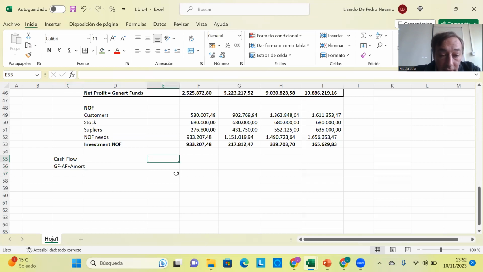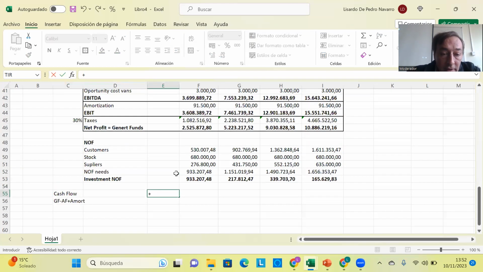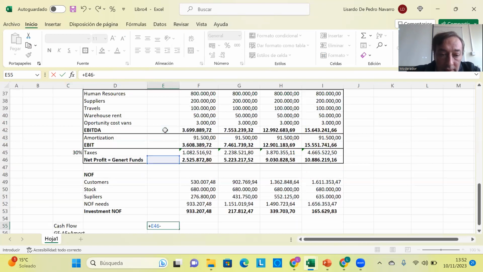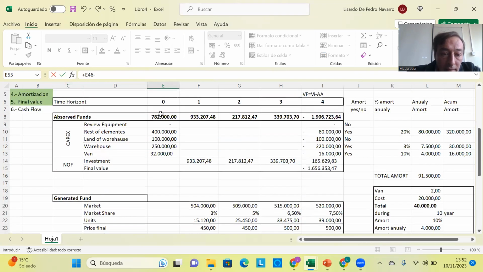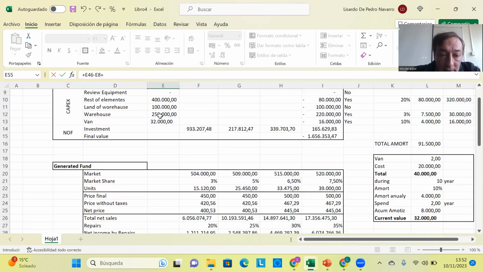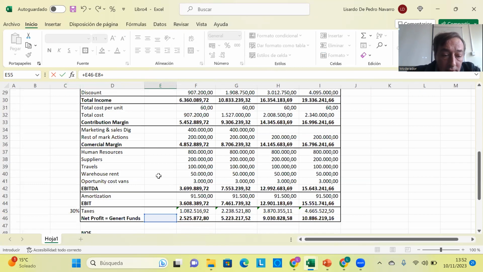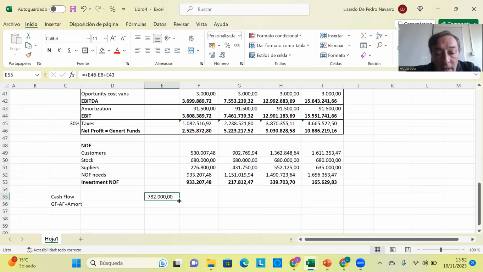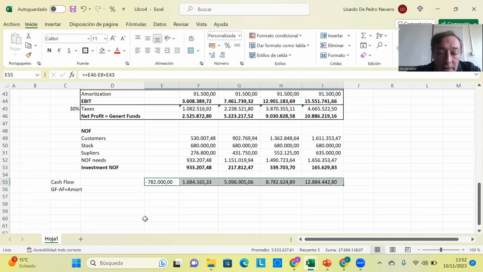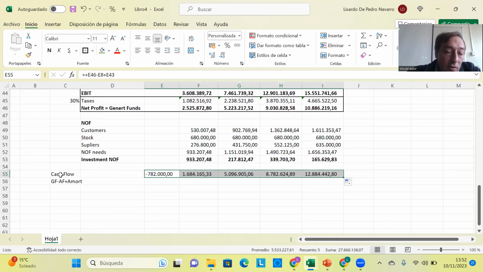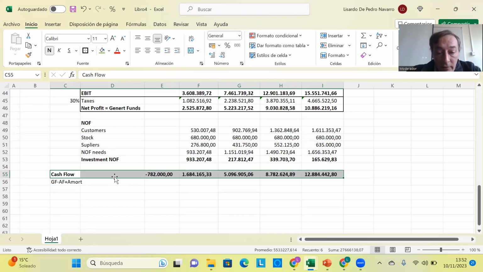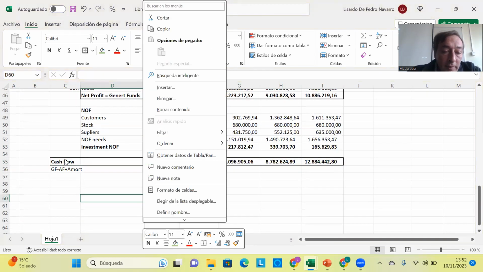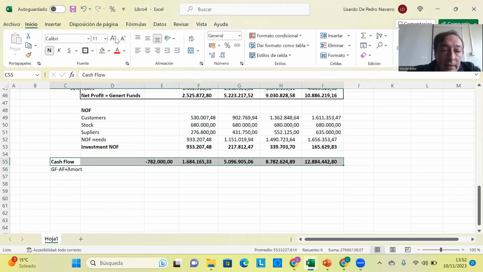So for the first year, we say generated fund 0 less absorbed fund plus amortization that is here. So we have here this one, and we can copy for the rest of the years, and we have the cash flow of the project for all the years. Okay, great. So now with this information, we can calculate